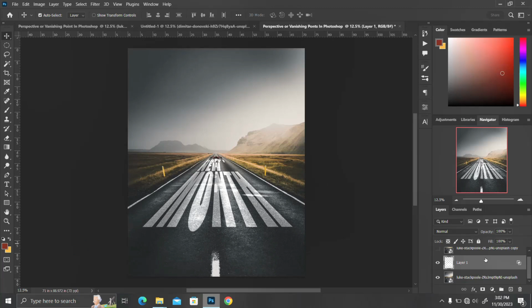Boom. So this is Photoshop quick tips and tricks, how to do vanishing point or perspective drawing in Photoshop. So guys, if this seems to be interesting for you, kindly give me a like, then a comment,